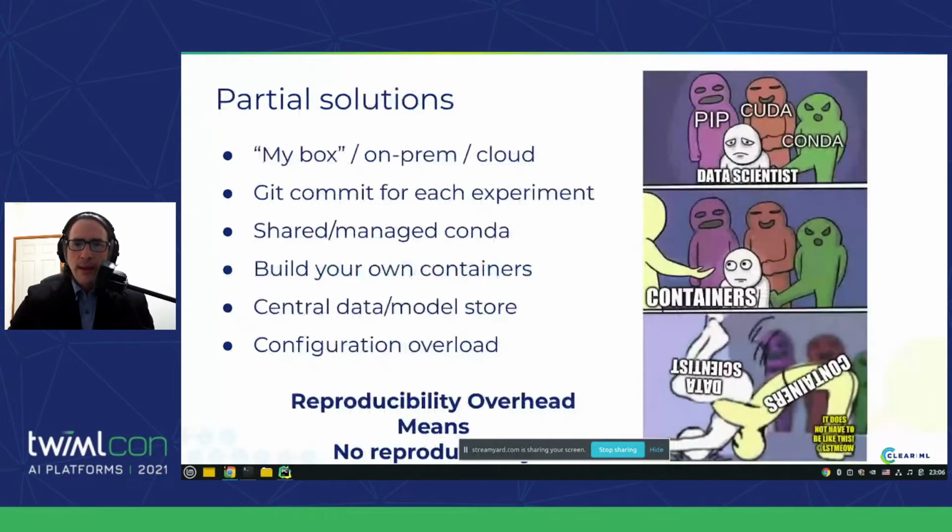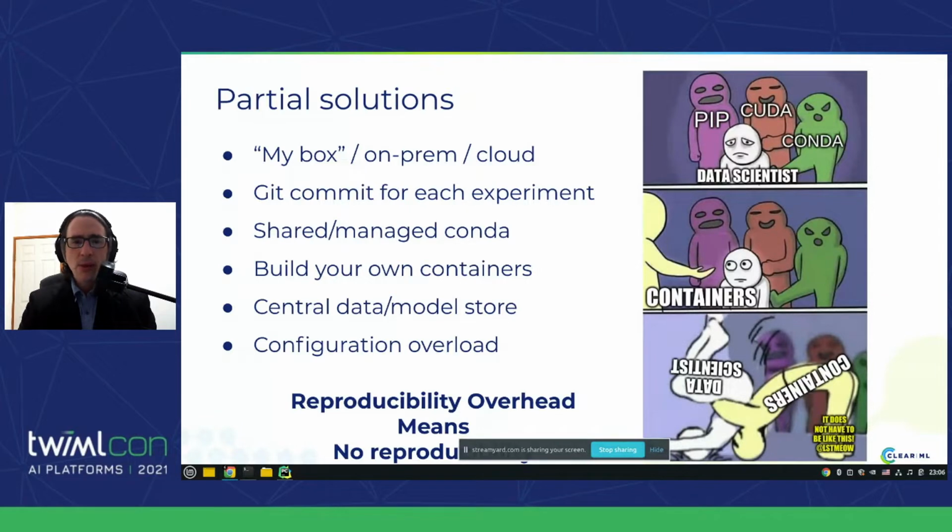And you probably knew all that I just said, and your organization may have tried to remedy the situation by doing partial solutions. Maybe compartmentalization of work, maybe forcing you not to compartmentalize, to work on the cloud that you're actually doing the production. Maybe you need to commit for every experiment so you can have full reproducibility, quote unquote.